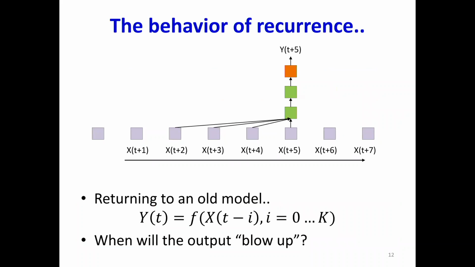And now, this is a recurrent model, right? Somebody asked me a question in the last class. How do you know it's not going to blow up? So let's start off with this one. This is not a recurrent model. This is just your standard convolutional network. Now, assuming that all the parameters of the network are bounded, if the input is bounded, can the output ever blow up? Can it go to infinity? Can it tend to infinity?